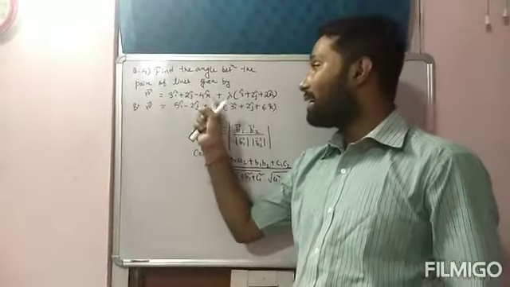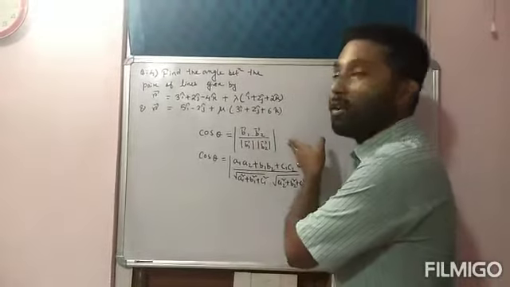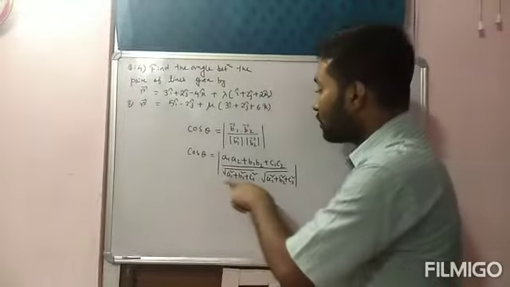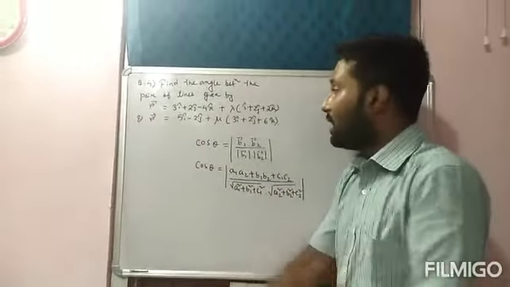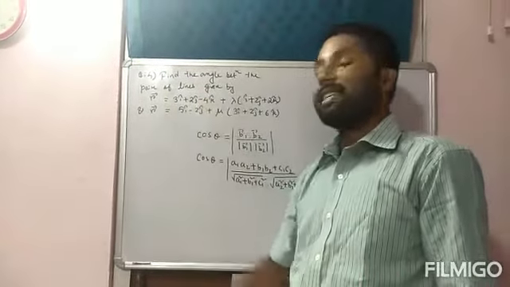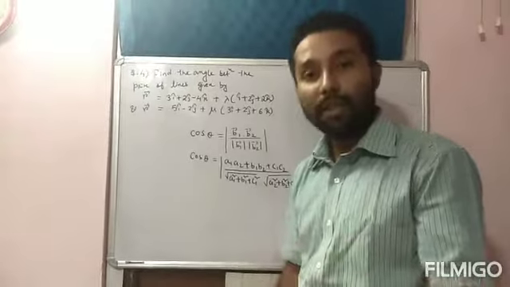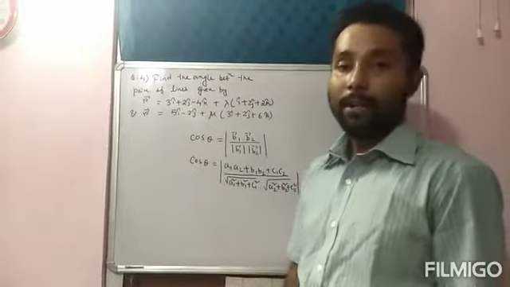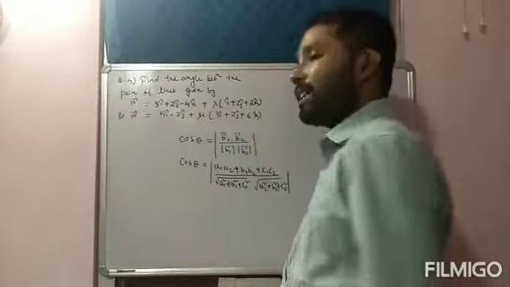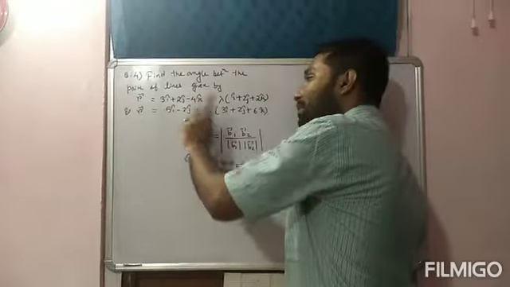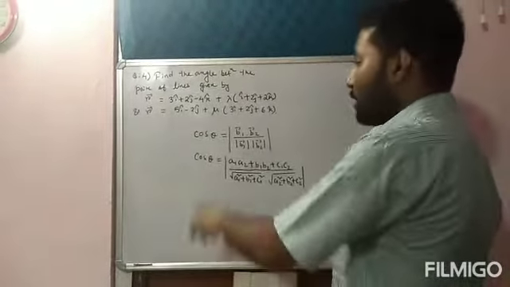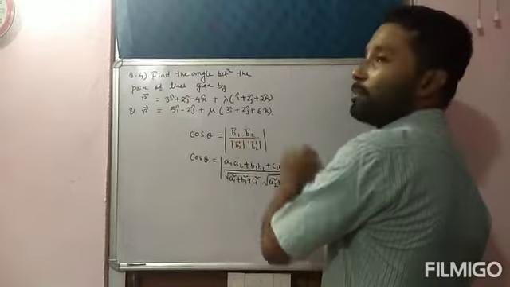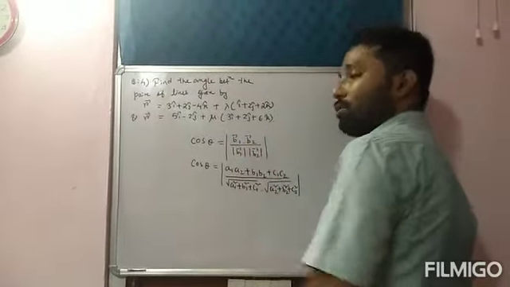But since the equation is already given in vector form, better you use the first formula only, because the first formula is for the vector equation only. Or if you want to use the second formula, then first of all you have to convert this equation into Cartesian form. That will take more time, why is it needed? It is already given in vector form, so use the vector formula. There are only two formulas. So since the equations are given in vector form, let theta be the angle between these two lines. Then we know the angle between the two lines formula is cos theta is equal to modulus of b1 dot b2 by modulus of b1 into modulus of b2.